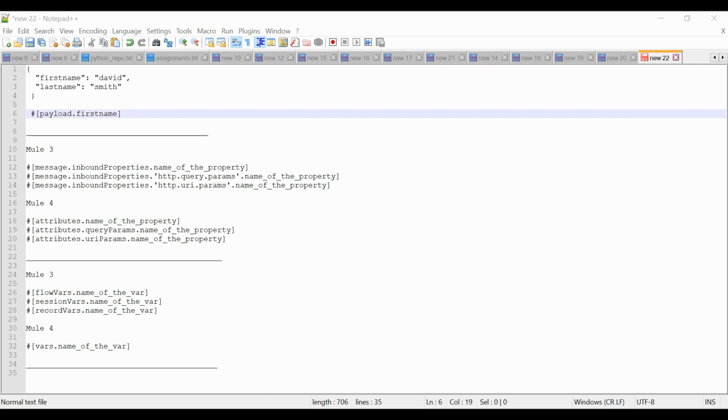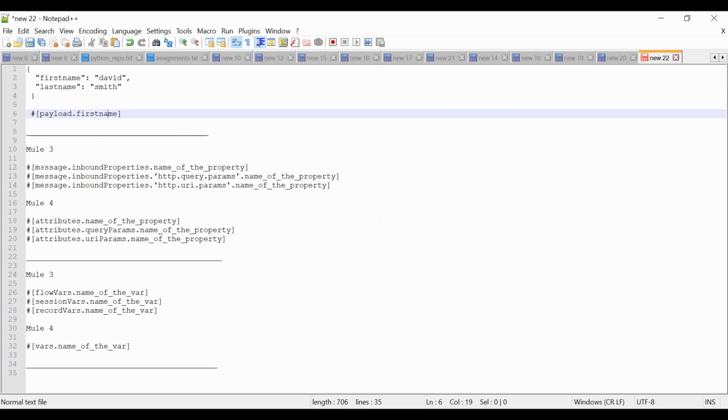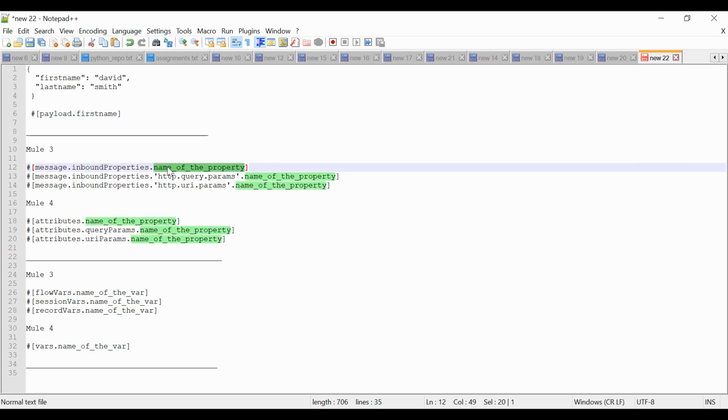Apart from payload, we have inbound property in Mule3, which got replaced with attributes in Mule4. An inbound property or attribute is generated from a message source and contains additional information about the payload. To read an inbound property in Mule3, we used to have an expression like message.inboundProperties and then the name of the property. In the same way, if you want to read any query parameter, you can write message.inboundProperties.'http.query.params' and then the name of the query parameter. And the same with the URI parameter: message.inboundProperties.'http.uri.params' dot name of